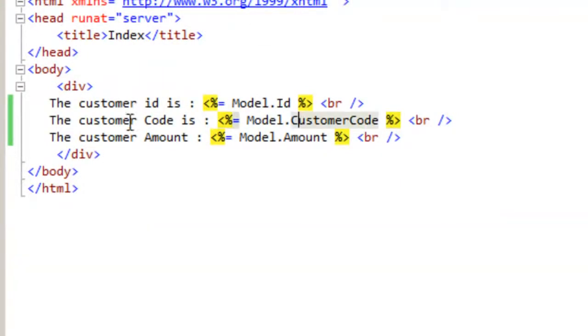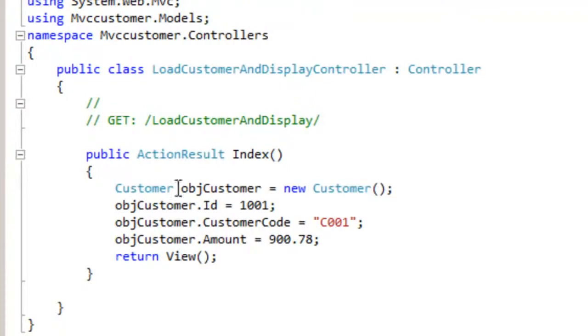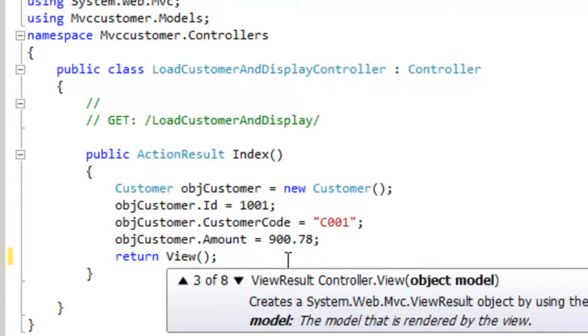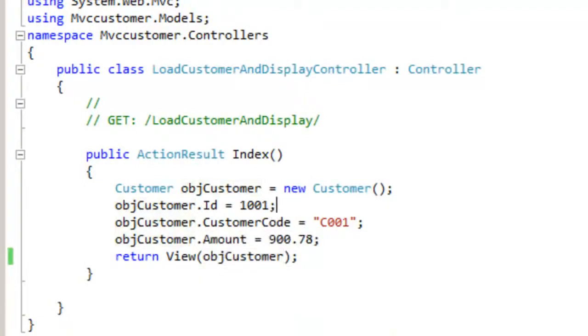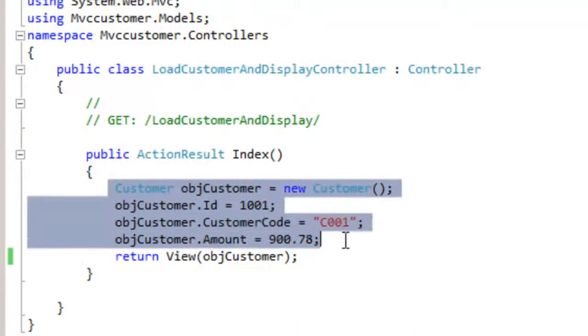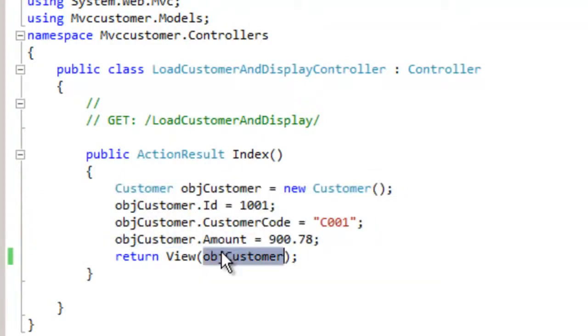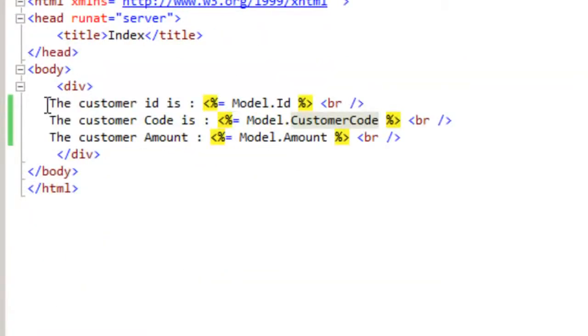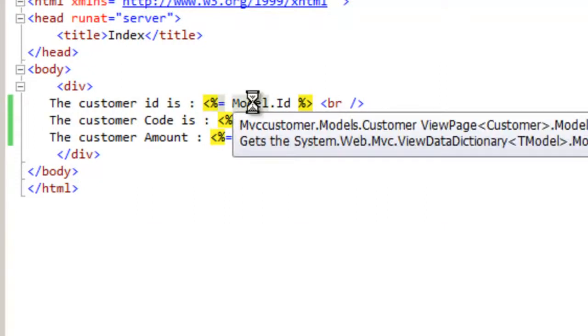Great. Now one more thing which we have not done is in the controller, when we are invoking the view, we are not passing this object over here. So let's go and ensure that we pass the object here. So you can see that basically in the view we can pass the object model. So I'll say when I invoke this view, please pass the object here. So we went ahead and we created the load customer and display action. We created the customer object in the controller, and this object is passed to the view, and then inside the view we are displaying the values using the model object. So everything is set and ready. So let's build this whole solution and let's run it. So let's do a control F5 here.